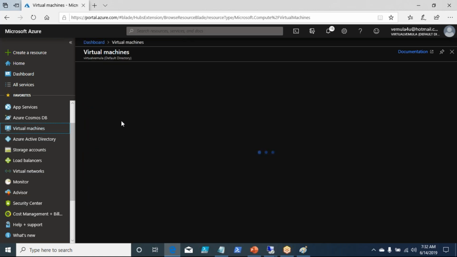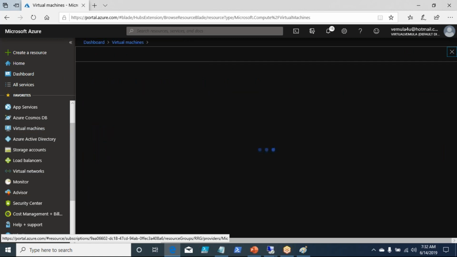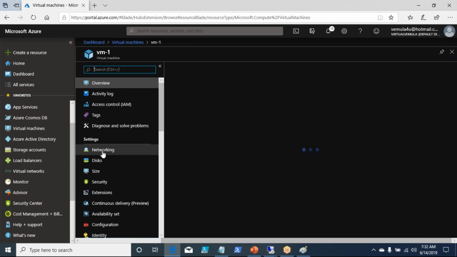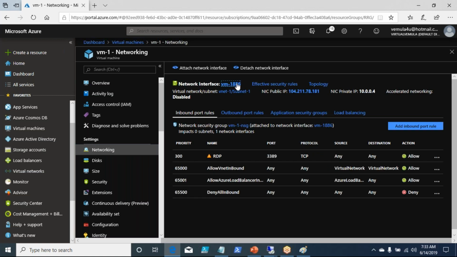Go to VM1, and then go to networking. This is the network interface card.